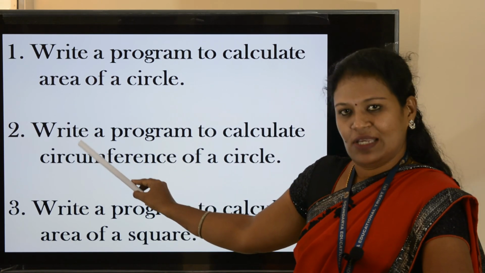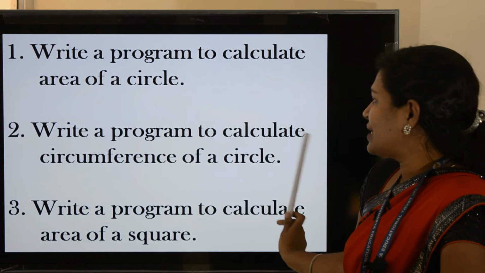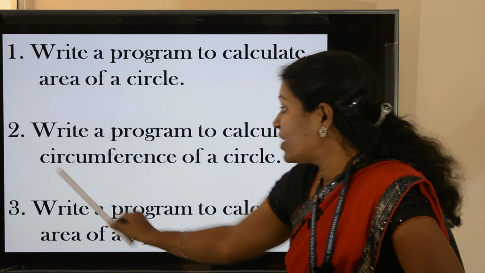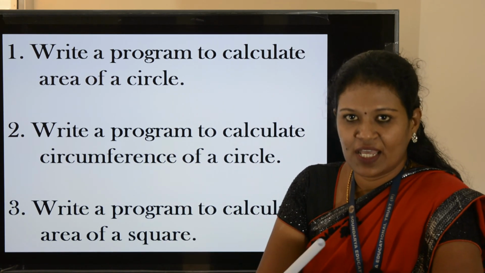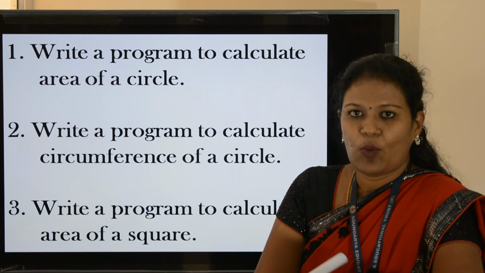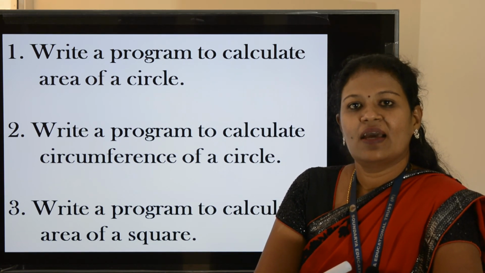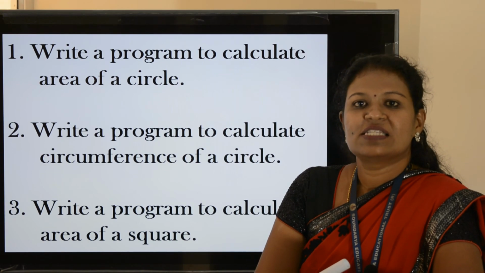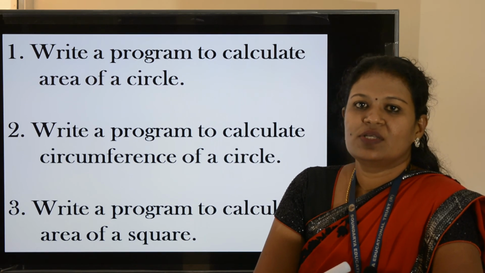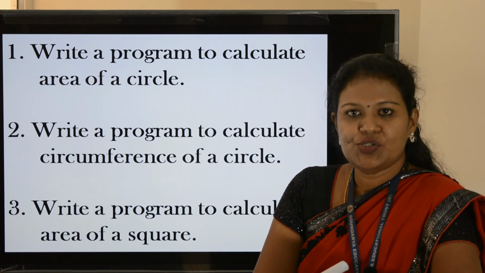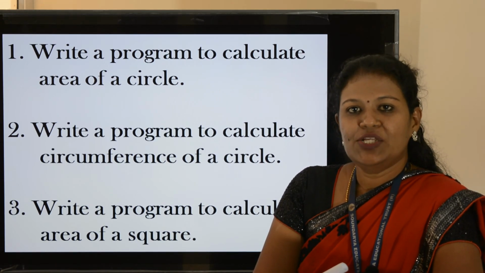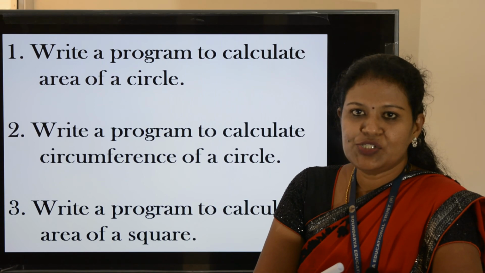Then the next question is write a program to calculate the circumference of a circle. The circumference equation is 2 pi r. So you can give circumference is equal to 2 into 3.14 into r.